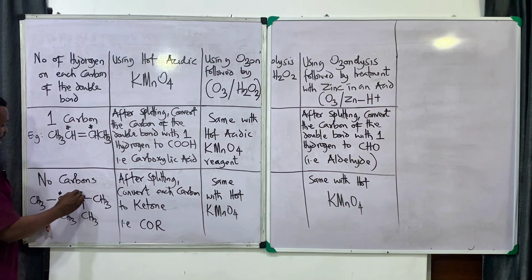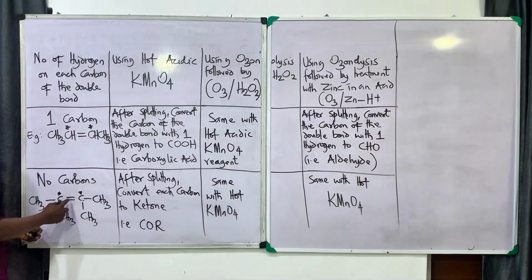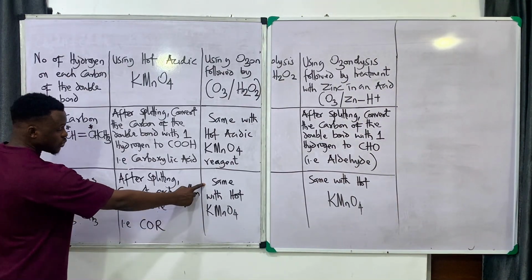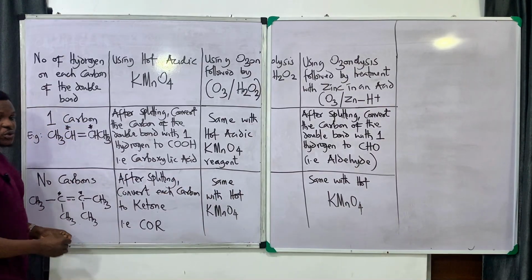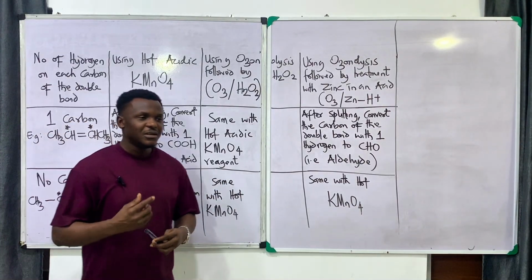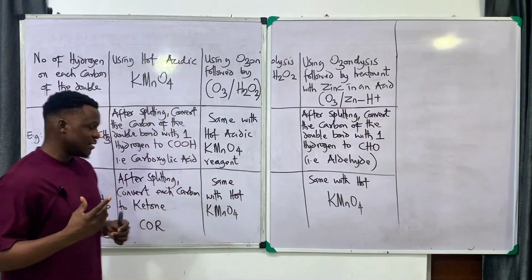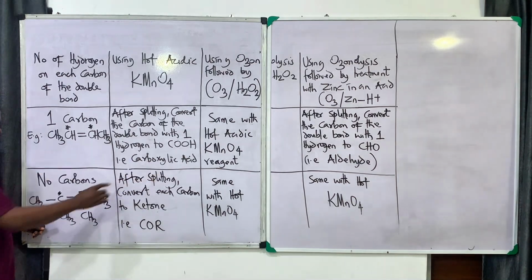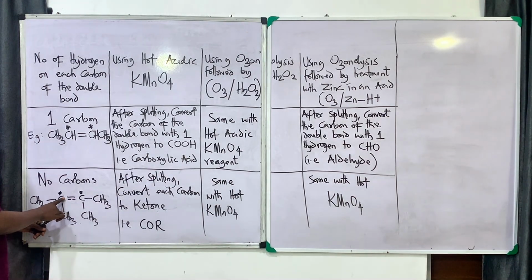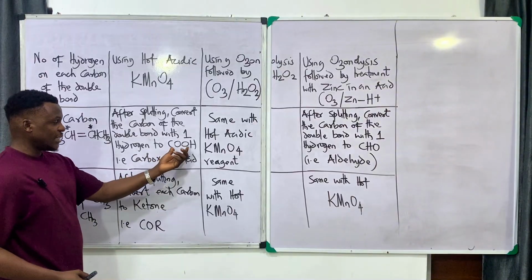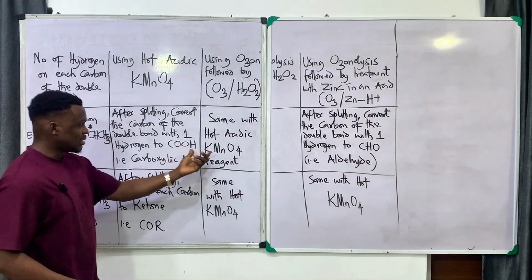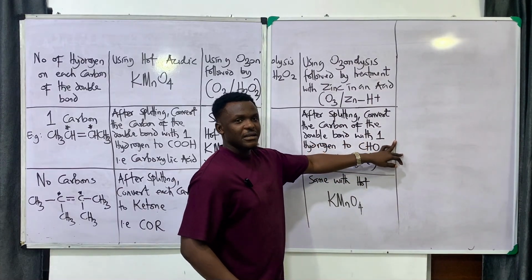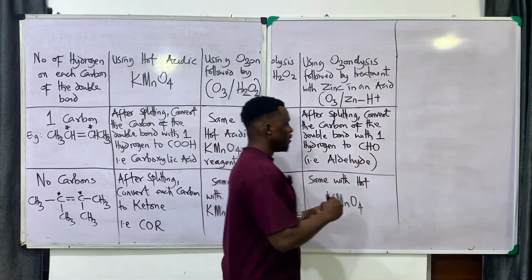this has no hydrogen. After splitting it into two, this guy will give a ketone, this guy will also give a ketone, and that guy will give a ketone. All right, the way I'm saying it, ketone, makes it sound a bit crazier. What I simply mean is that after splitting this guy into two, this reagent will simply add oxygen to each of the carbons. In this case, this added two oxygens. This also added two oxygens. This guy added one oxygen, but this one oxygen is at the outer, not inside. Now this is an aldehyde